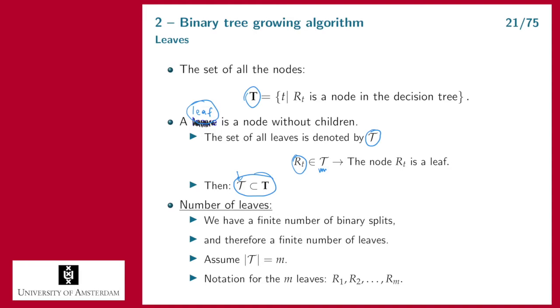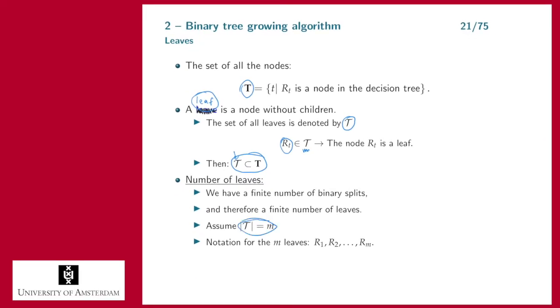If you do a finite number of splits, then we end up with a finite number of leaves. Assume that we have in total m leaves, which I denote by R1, R2, R3, all the way to Rm. Then the initial predictor space R is the union of R1, R2, R3, and so on. So if we have a feature vector x, then we know that x is a member of one of the leaves of our decision tree. We have to look at which leaf x belongs to, and then I can predict